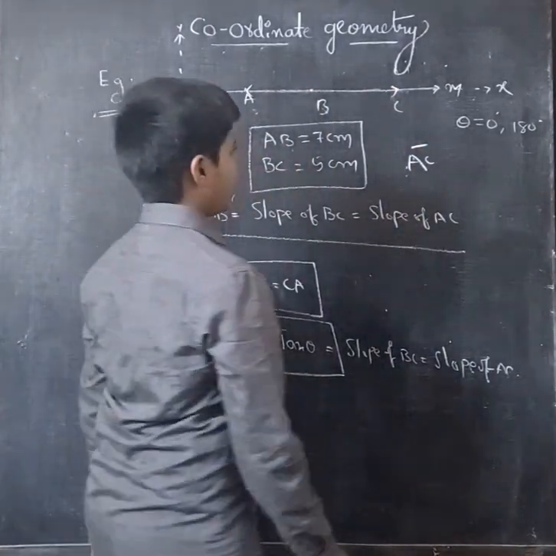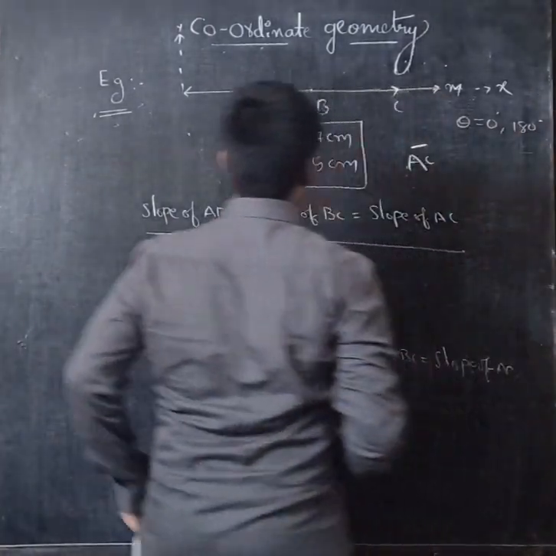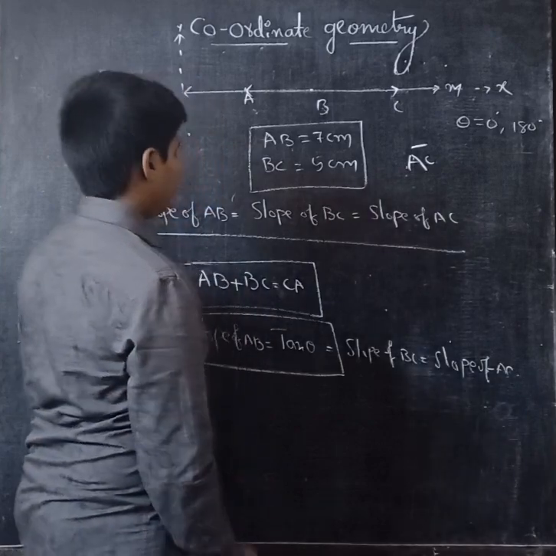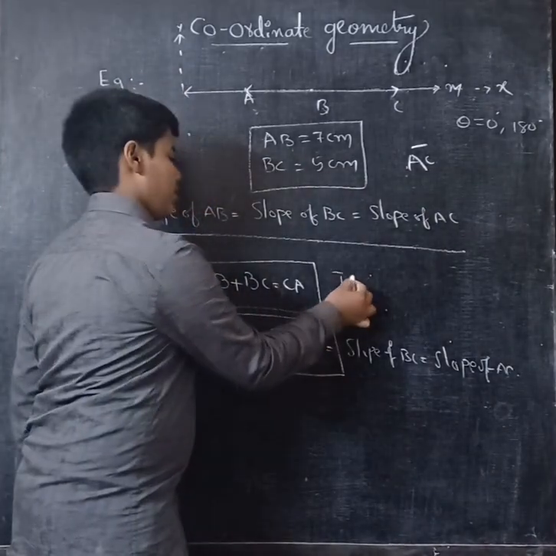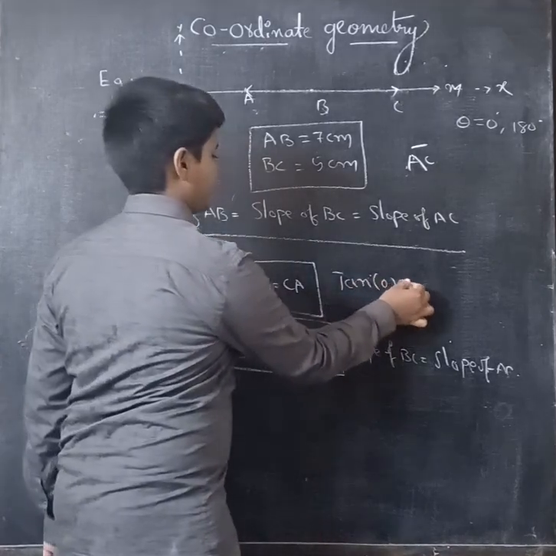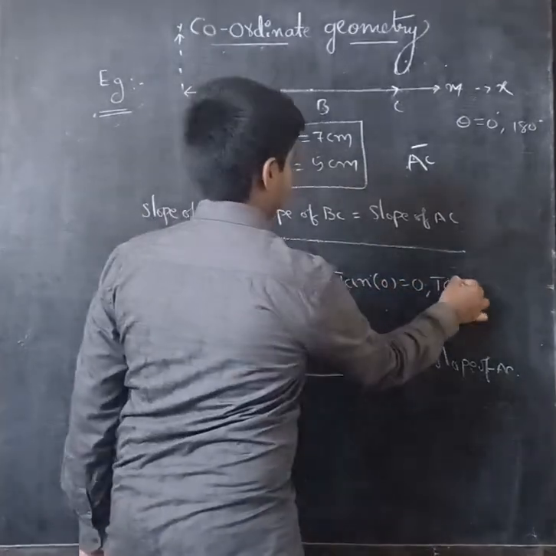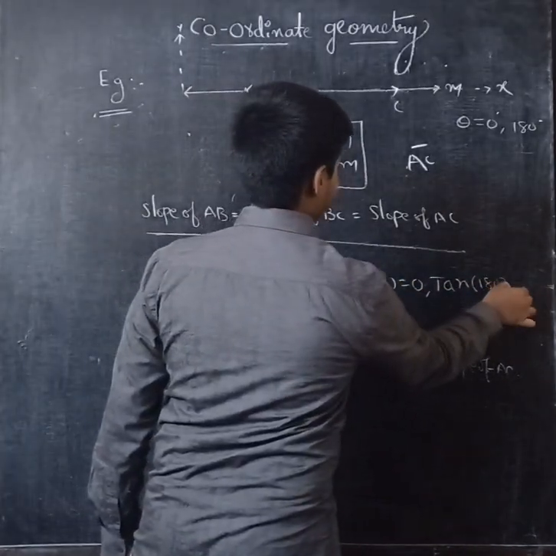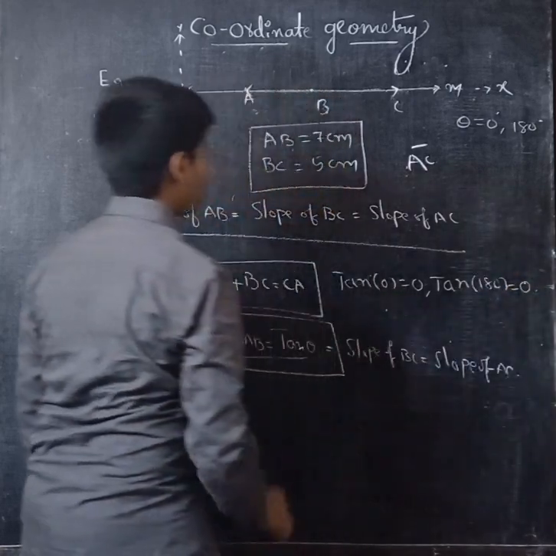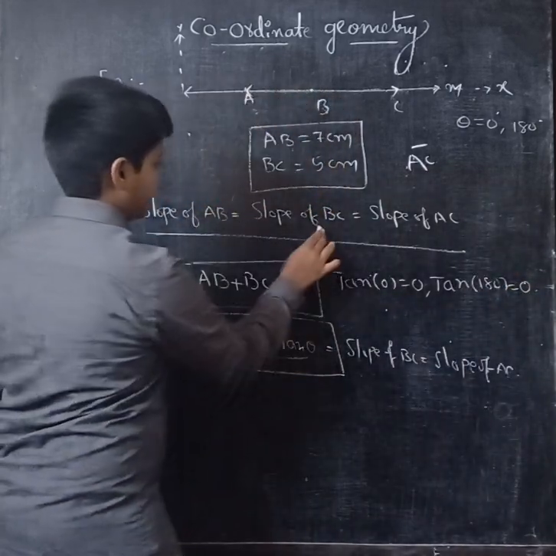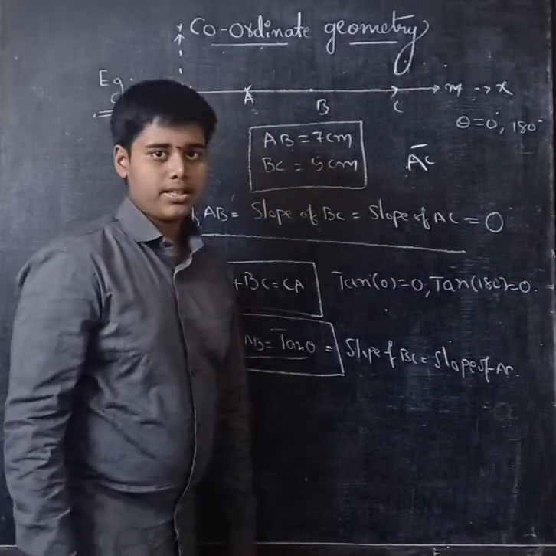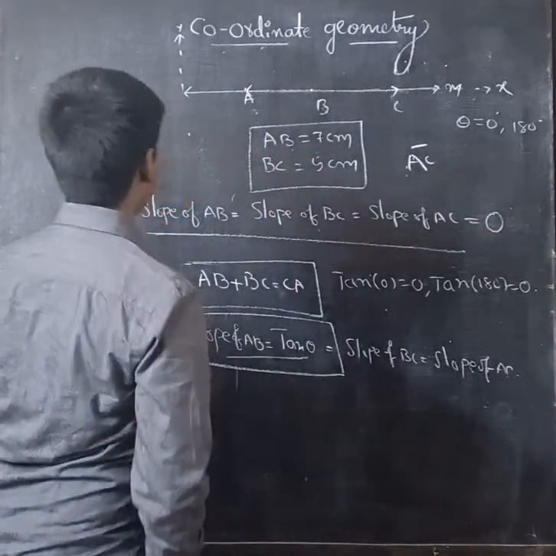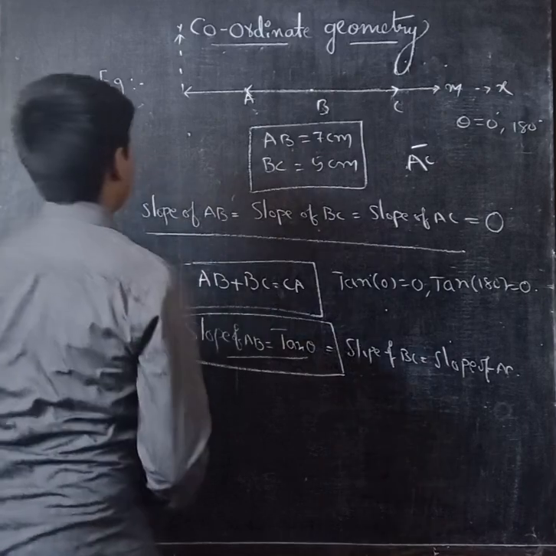So theta is equal to 0 degrees or 180, and the slope is equal to tan theta, which means tan 0 is 0 and tan 180 is 0. Then the slope of AB, BC and AC is equal to 0. So this is the slope, and the next topic is